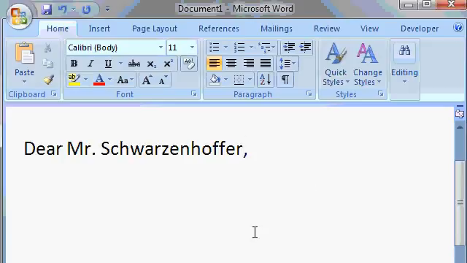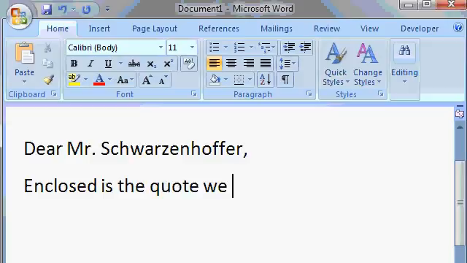Let's continue typing our letter. Now notice when I right-clicked on Schwarzenhofer, it moved the cursor. So I'm going to take my mouse and click back down here on the bottom to move the insertion point down to the end of the document. Now I'll continue typing. Enclosed is the quote we discussed